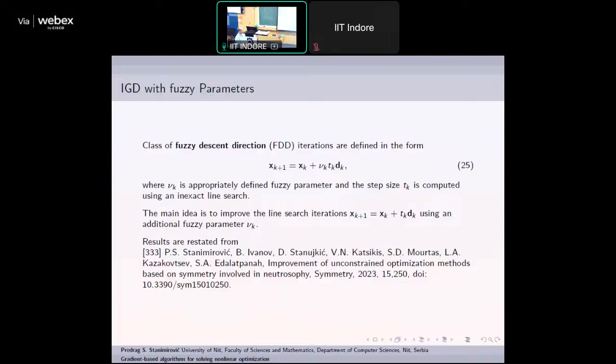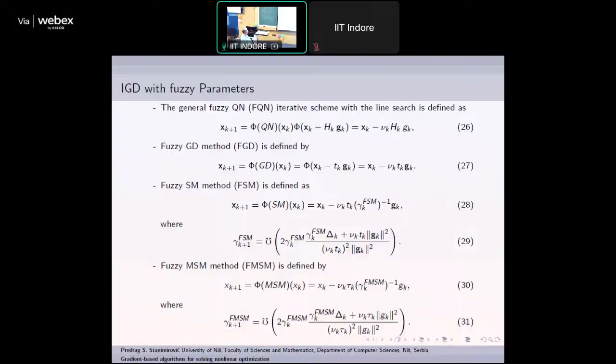We must have several neutrosophic if-then rules to define the new fuzzy parameter. The parameter is defined according to the behavior of the goal function during iterations. This result has been published in Symmetry recently. And in this way, we can obtain a class of iterative methods. We can obtain a classification of each arbitrary nonlinear